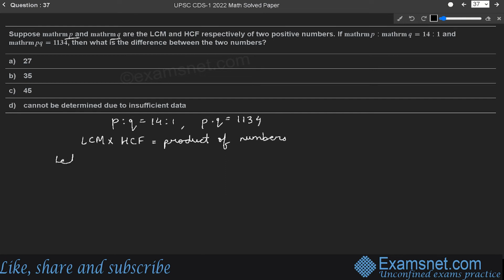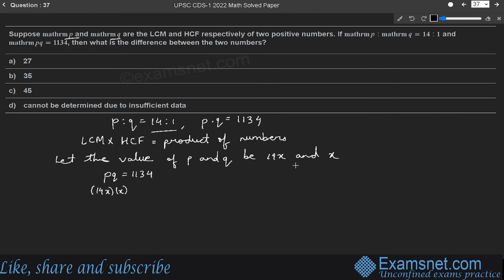Now let the value of P and Q be 14x and x, because we have the ratio 14 is to 1. According to the question, P into Q is equal to 1134. So